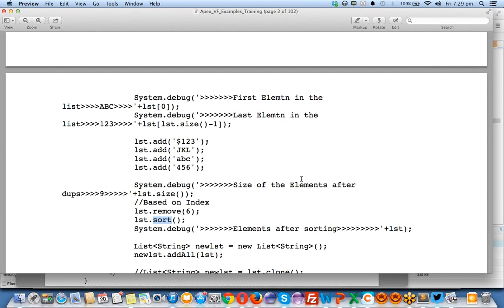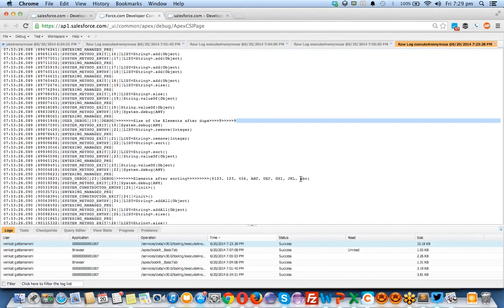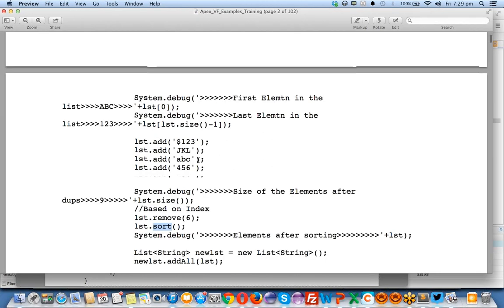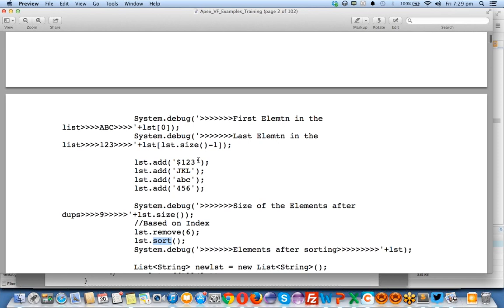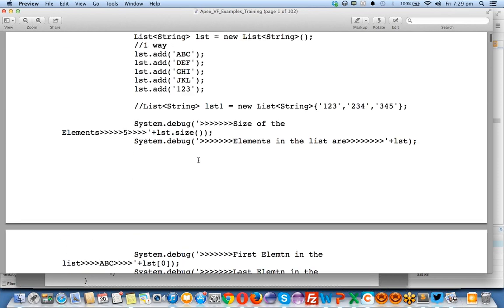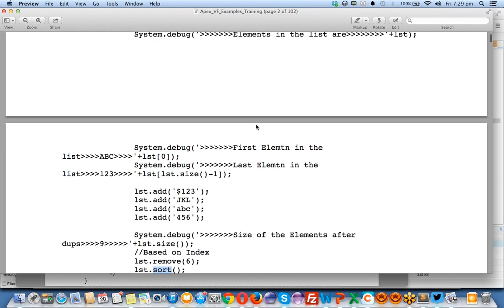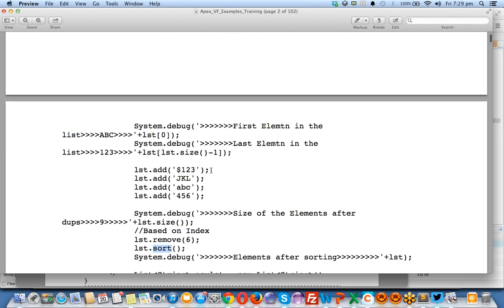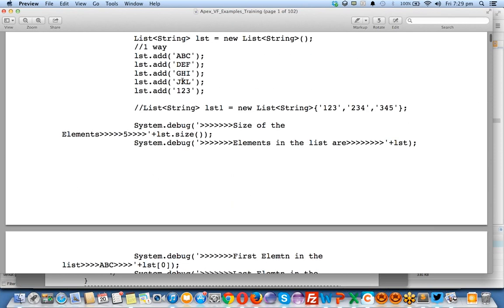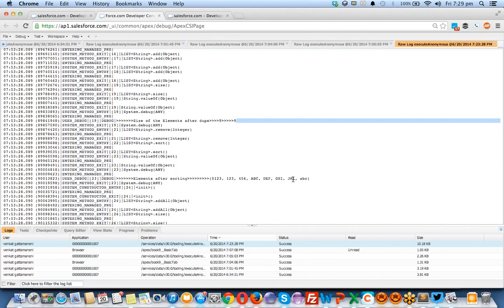Okay, what is the 6 value inside my system? This is 1 2 3 4 5 6 7. Okay, yeah, there are two jkl values. That's the reason. Here is the jkl value and this is the jkl value. Okay, I have removed the jkl value which is a duplicate in my system by putting lst.remove sixth value.